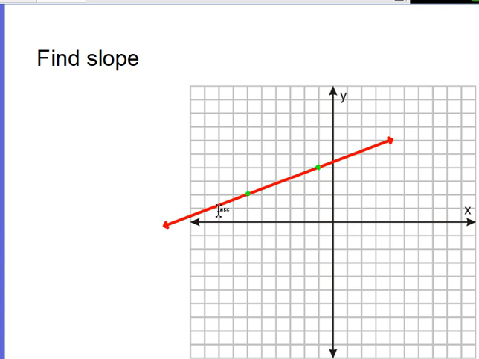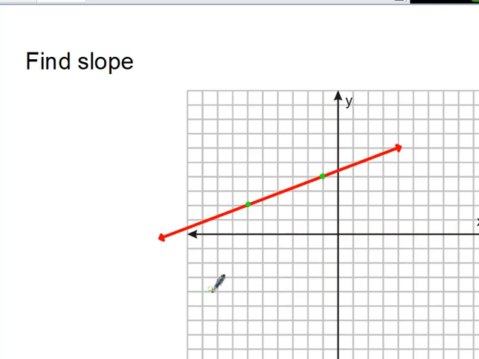And there's lots of different ways that you can find the slope of a line, but when you're finding the slope of a line that is graphed, as in this picture here, the easiest way is to locate 2 points on the line and use those 2 points to determine the slope. Now remember, the slope is always going to be a fraction. So the fraction for slope is going to be rise